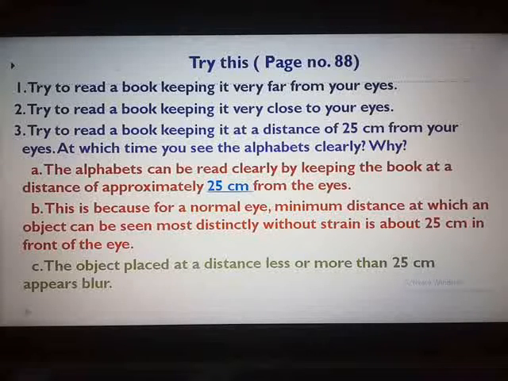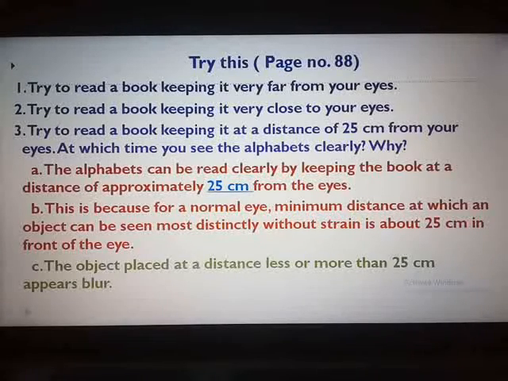Or if a person is wearing a bifocal lens, which defect? Presbyopia. And then once you identify the defect, further questions which they ask, what are the reasons for their defect, or where is the image of the particular object, from that you can answer very easily. What is the power of the spectacles? Such type of questions, be prepared for all the three types of defects.